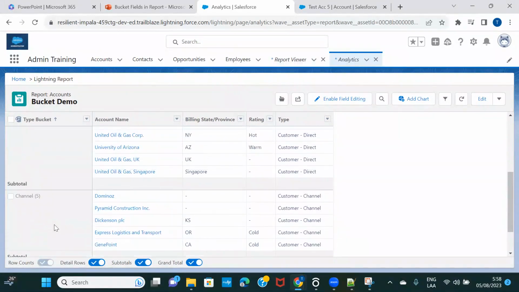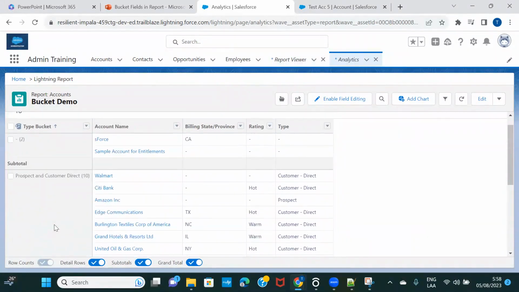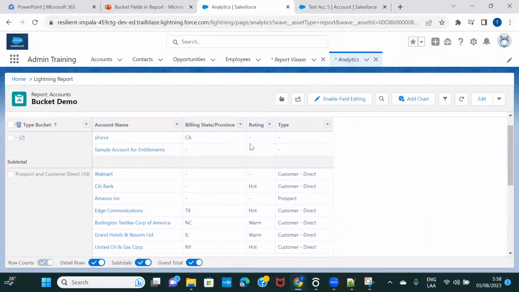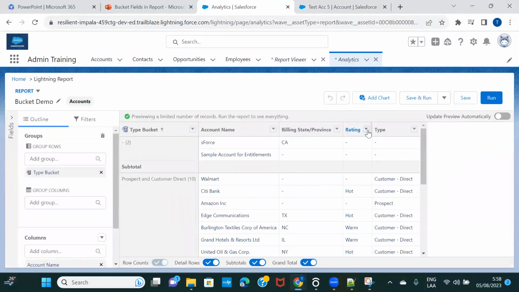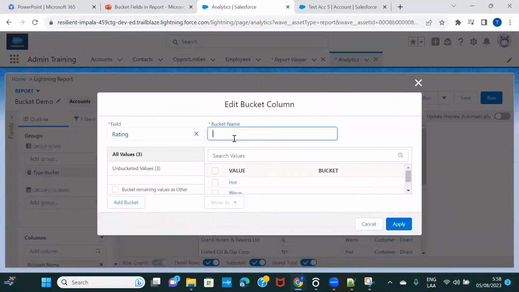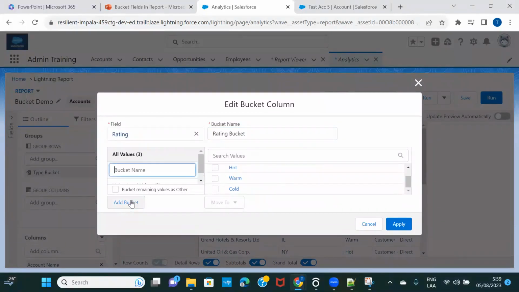Okay. So I think you understood now how to create a bucket field and why we even need to create it. Now let's say I also want to create another bucket based on rating. Okay. So you can do that as well. Let's just go here, rating, and then bucket this column. Okay. So rating bucket. And because this particular field has three different values, I'll just simply go ahead and create three buckets. So hot, and for hot, I only want to include hot